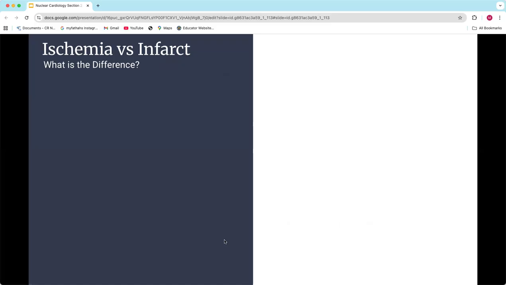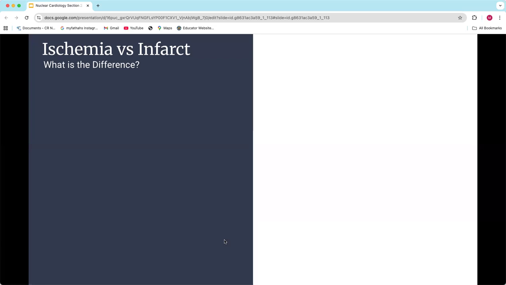Okay, so before we get into talking about how we stress a patient and what we do in terms of exercise or pharmaceuticals, I want to ask this question, because it will help set up the discussion that we need to have around exercise. What is the difference between ischemia versus infarct? What's ischemia? What's infarct? How are they different? Ischemia is just blocking it slightly or to a certain degree, whilst infarct is going to be like 100% occlusion. Okay. Is that Jesse? Yeah.